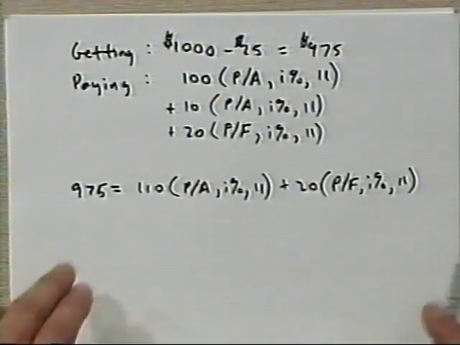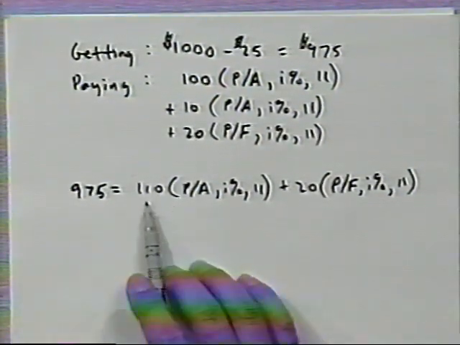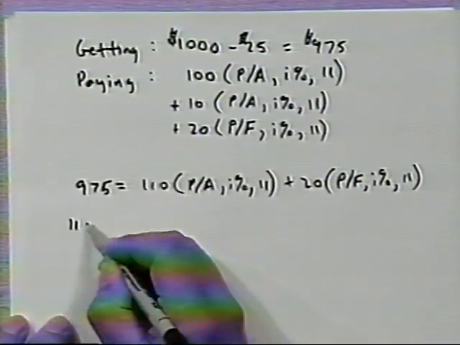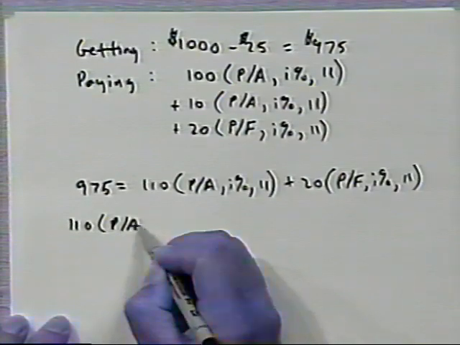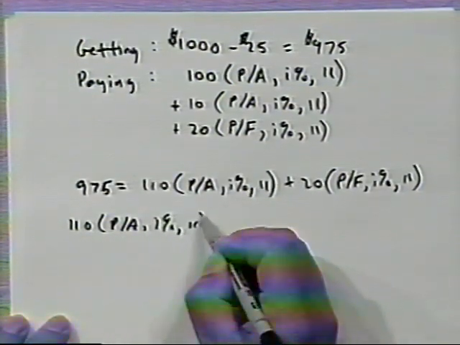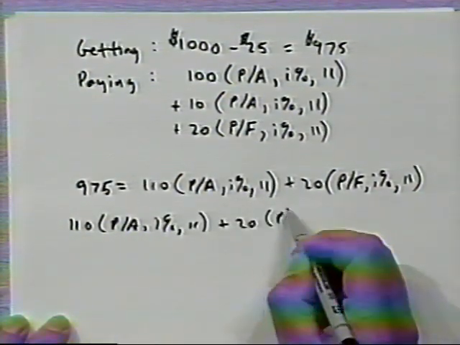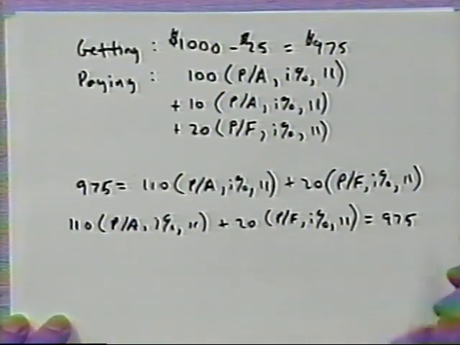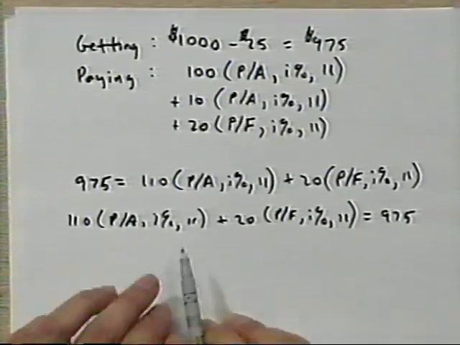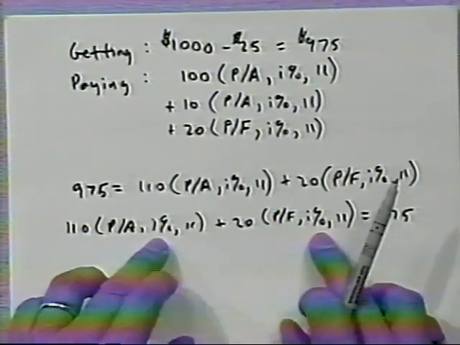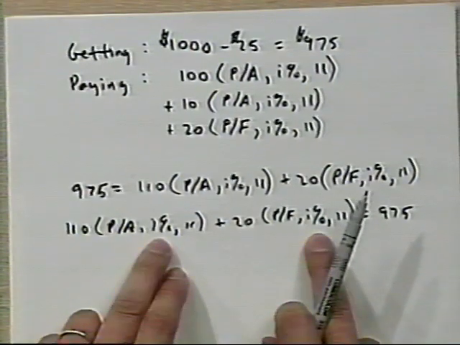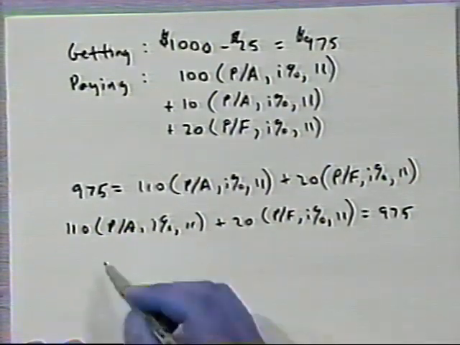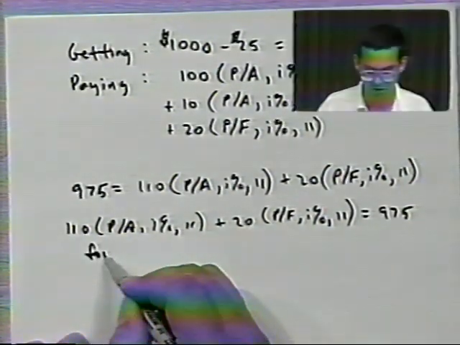Now, probably the easier way to do it would be to switch the left and right-hand sides, like this. So what we do is we take an arbitrary value of I. This is the easy way to do it. Take an arbitrary value of I and see whether it's above or below $975. For example, for I